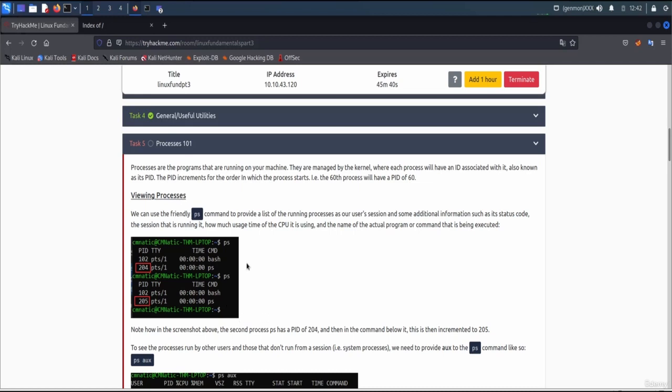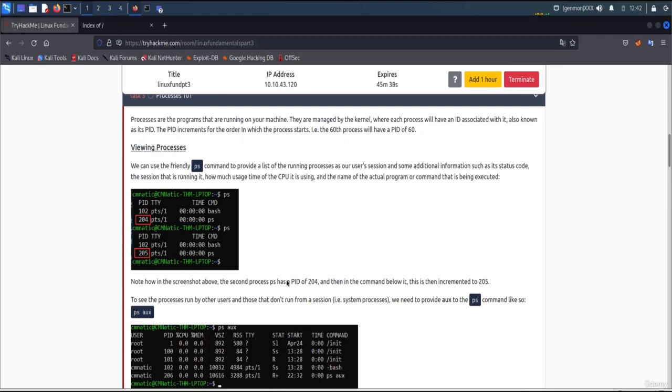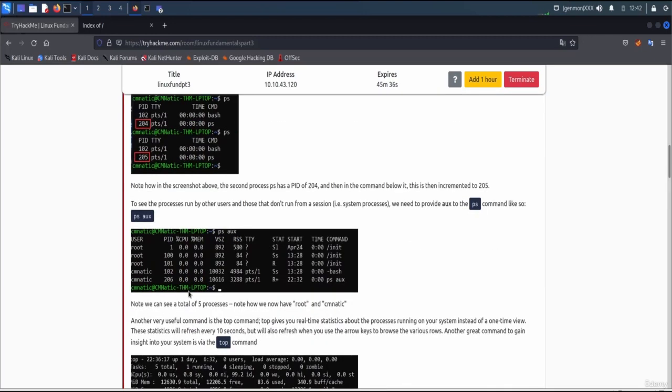the process PIDs are incremented, and this is just saying here to see the processes run by other users and those that don't run from a session, that is system processes, we need to provide aux to the ps command like so, ps aux. So note that we can see the total of 5 processes. Note how we now have root and system